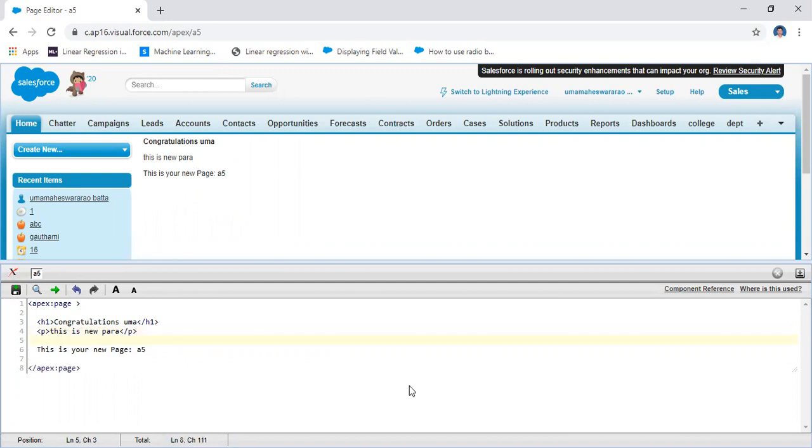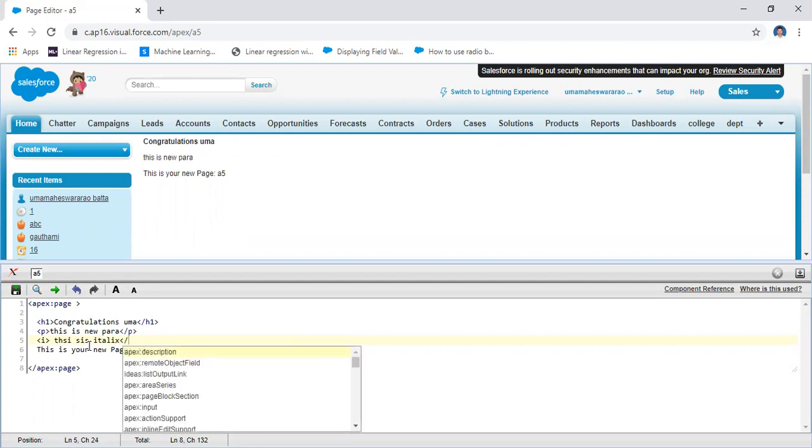You may use any tag. For example, you may use I for italic. What is the need of I? I is the italic tag. "This is italic." End the I tag.